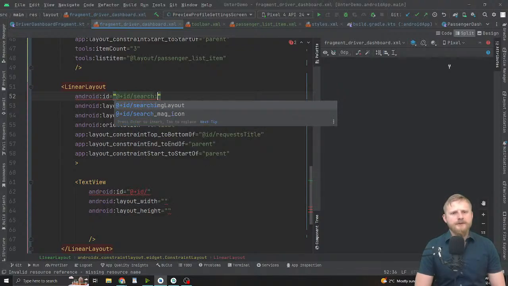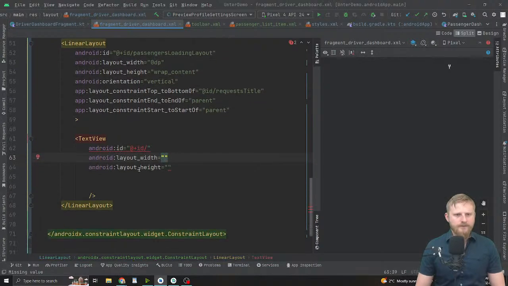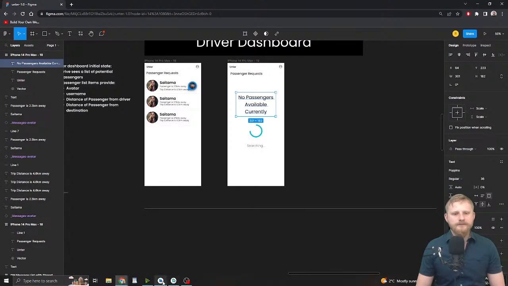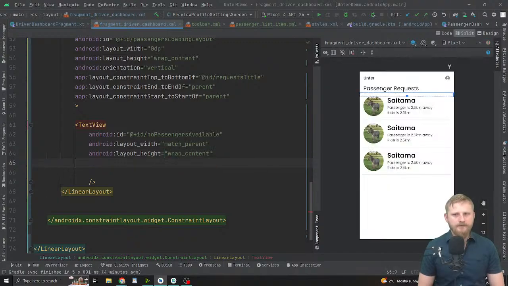So this will be searching layout. No, searching. I'm going to call this actually passengers loading layout. Let's call it that. Okay. Text view, this is going to be called what? No passengers available. And the width will be match parent. The height will be wrap content. And the text will be